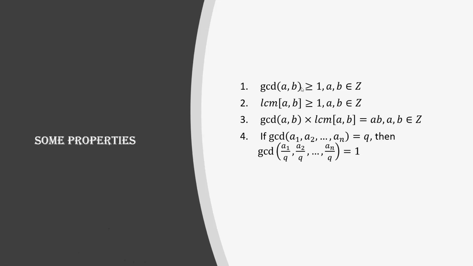Actually, Imran, I wanted to ask that here, A1 upon Q, A2 upon Q. So what if all these numbers are prime? Then their GCD would always be 1. Wait. See, we have assumed that their GCD is Q. If Q is equal to 1, directly you will get the result as 1. If Q is equal to 2, then all of them must be multiples of 2. So that's why I said, think before you ask a question.